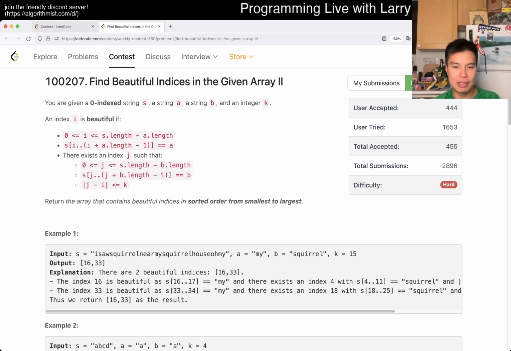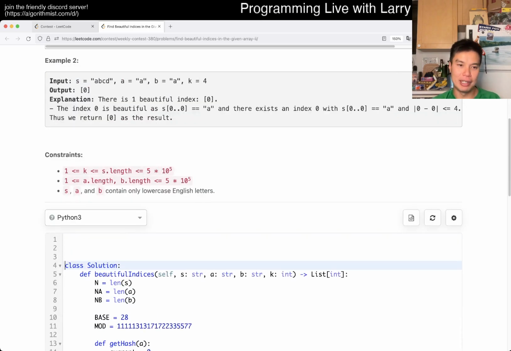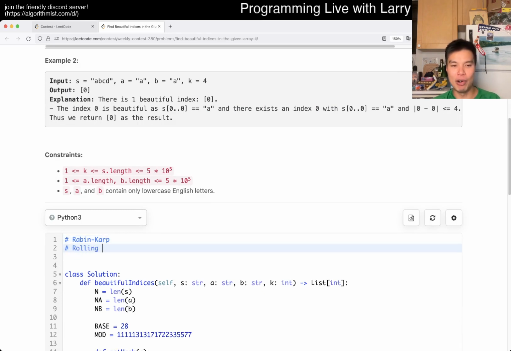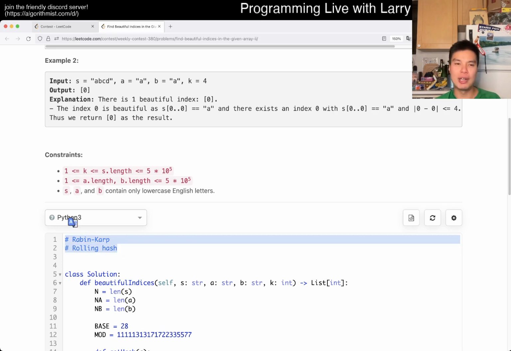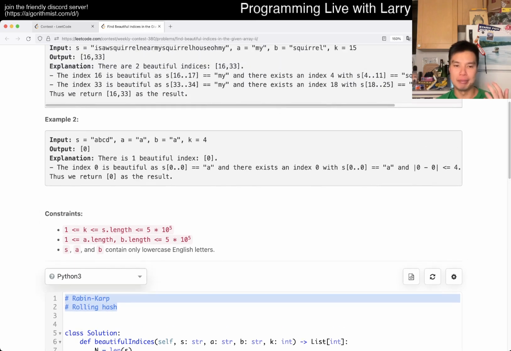And the biggest thing here is going to be Rabin-Karp. Or another way to think about it is called rolling hash. Rolling hash is probably a bigger way of thinking, or I don't know, for me it's just more self-descriptive. And these are things that you can Google. We'll go over it in this video briefly, but probably not in super high detail. But yeah, that's basically the idea.